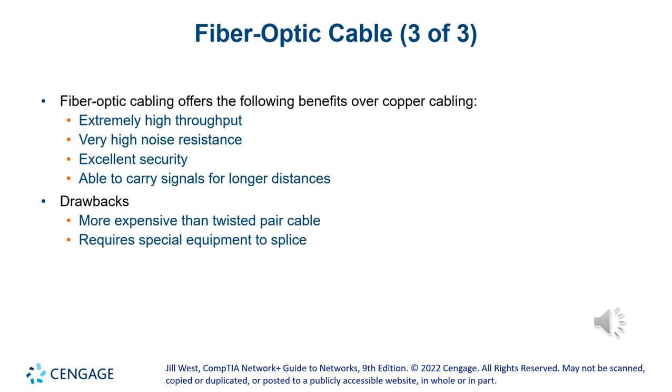So what are the advantages of the fiber? Well, it's high throughput. Now you're going at the speed of light. Although on a copper cable, you send electrical signals, right? Electrical signals are electrons flying through. Electrons travel at the speed of light, the same speed. It's just that light through fiber has no